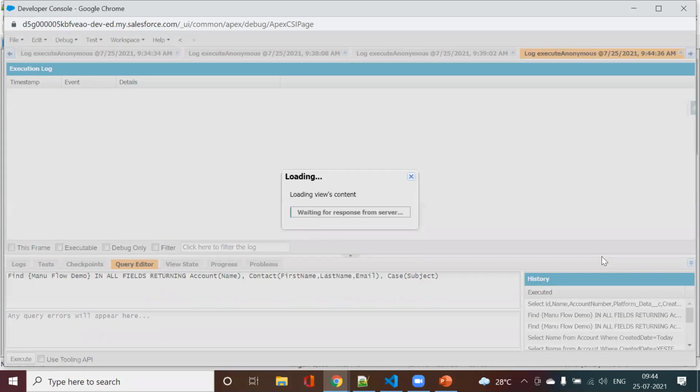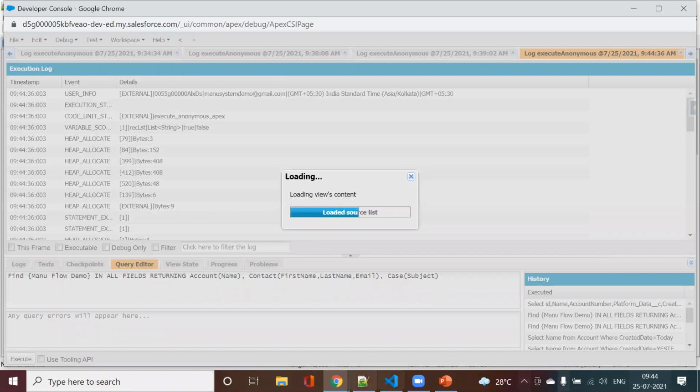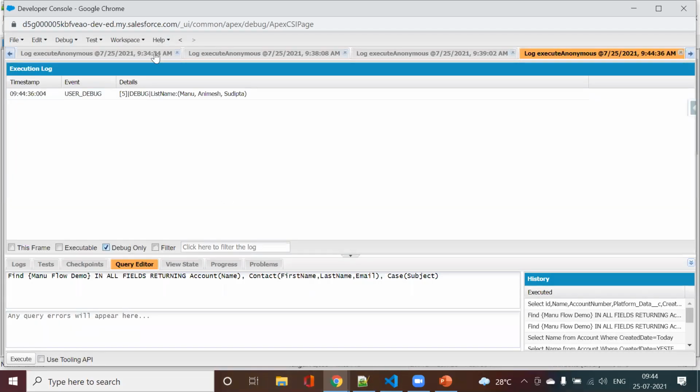So here, three records came: Manu, Animesh, Sudipta. These are in order. First Manu was added, then Animesh, and then Sudipta.